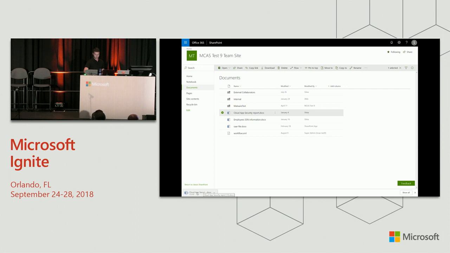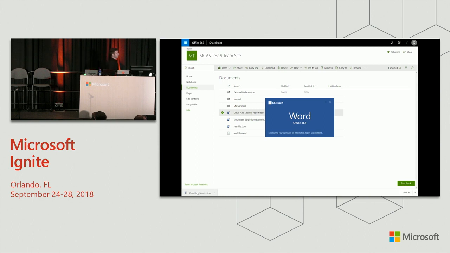And once it's finished to download, you can see already now that Word is accessing and trying to connect to Azure Information Protection. And then you can see that the file that was downloaded was applied with a protection label within real time. So this is a file that was not protected at all.